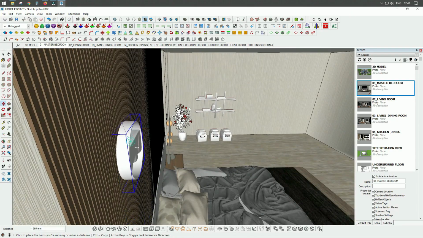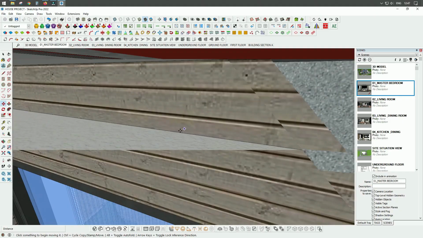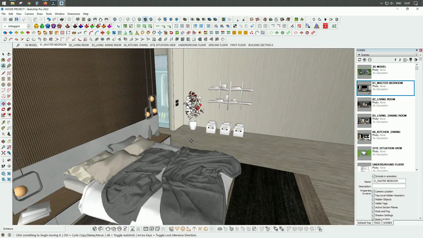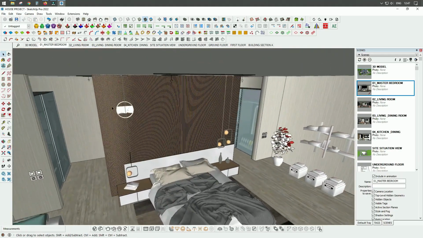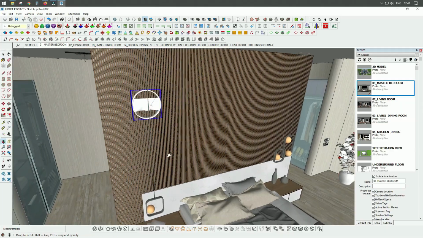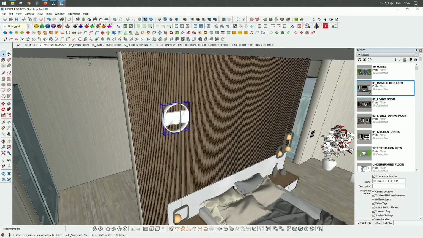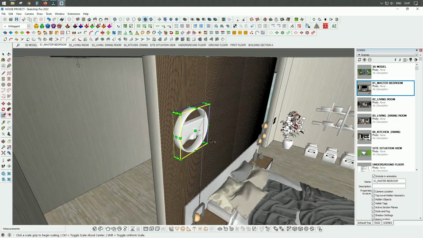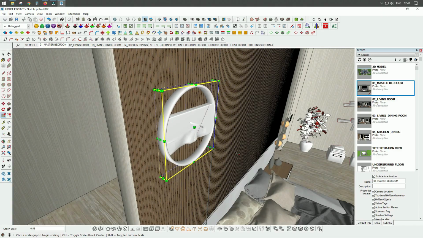So I will use this point and will place the watch like this. Actually, I have to adjust the size a little bit, like this for example, and like this,